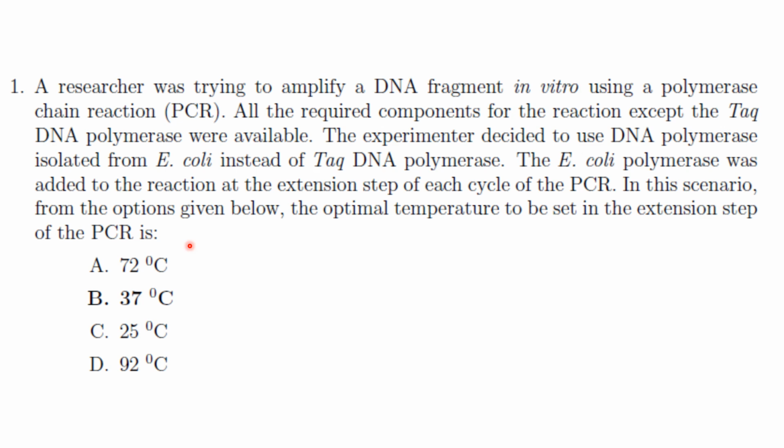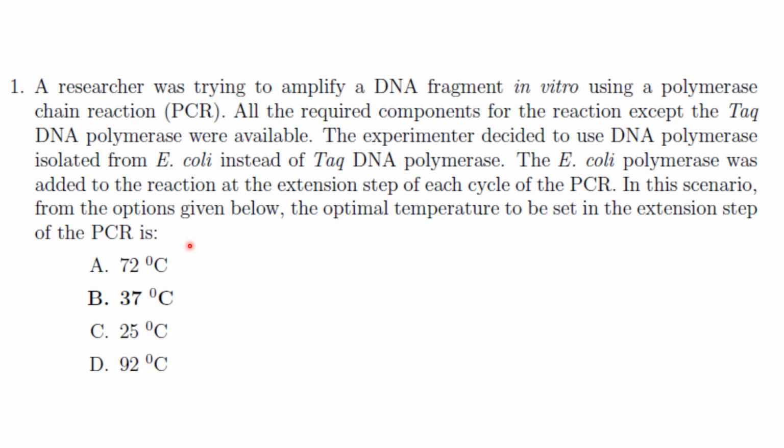PCR is. So first and foremost, why do we use Taq DNA polymerase in PCR? Because it is thermostable. It can have an optimum temperature range between 75 to 80 degrees Celsius. We do not use E. coli DNA polymerase in most PCR reactions because it is not thermostable. Its optimum temperature is around 37 degrees Celsius. Now coming to the steps in PCR. You have 3 steps, that is denaturation at 94 to 95 degrees, annealing at 50 to 56 degrees and extension